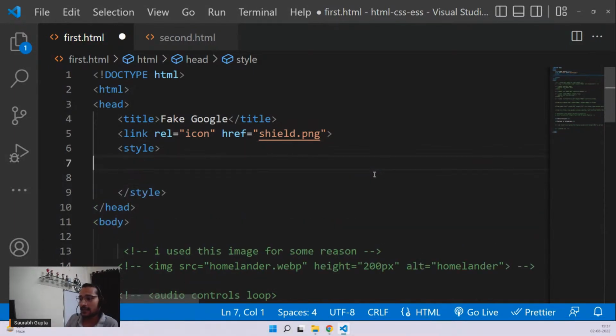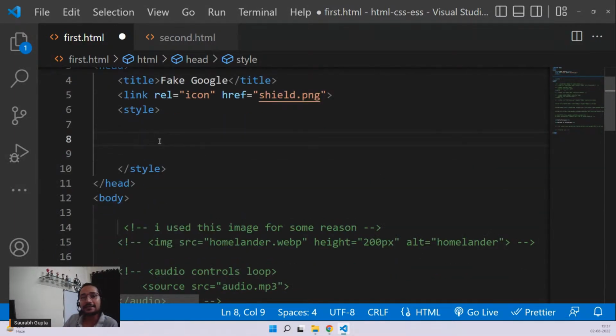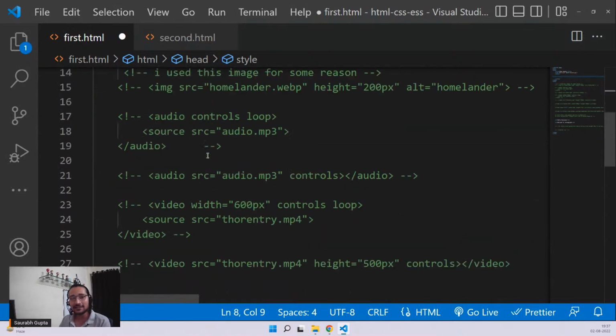Now, this style area is the area where you can actually write CSS. But the way is a little different. Now, guys, understand that this area is only for CSS. You cannot write any HTML inside this. This area is only for CSS. Okay, now, but the problem is,